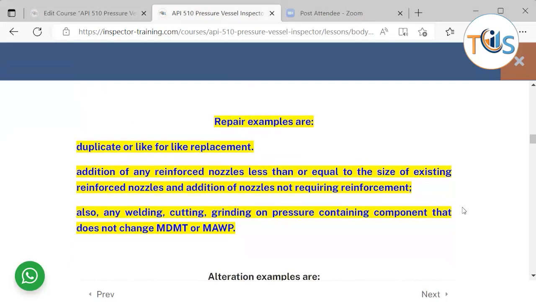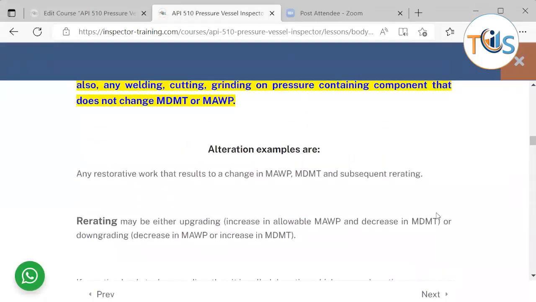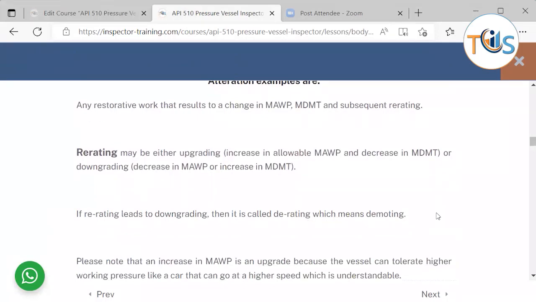Now repair examples are like for like or duplicate replacement, addition of any reinforced nozzles less than or equal to the size of existing nozzles, any nozzle that does not need reinforcement, or any welding, cutting, grinding on pressure containing components that does not change integrity operating windows such as MDMT or maximum allowable working pressure. Now, alteration examples are any restorative work that results in a change in IOW or MAWP. Okay, we talk about re-rating, that is a result of alteration, and we talk about derating, which is demoting the